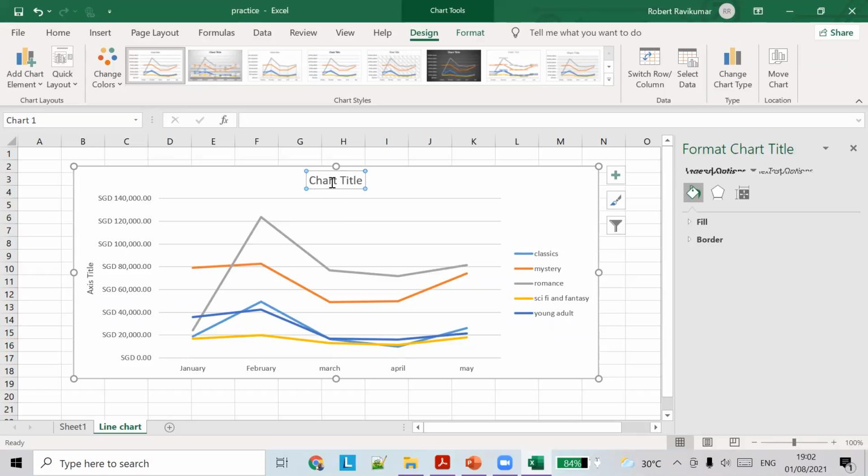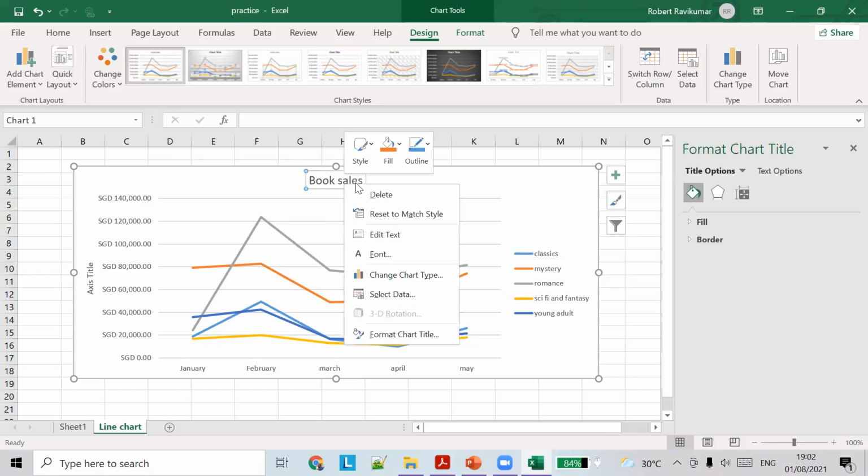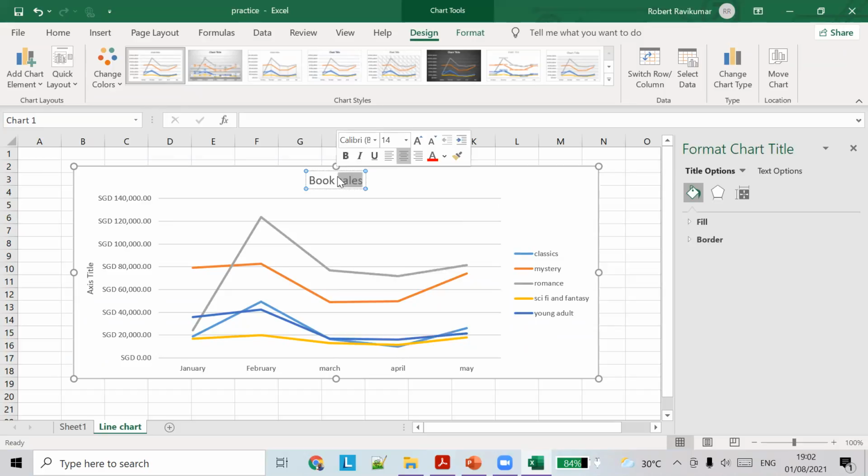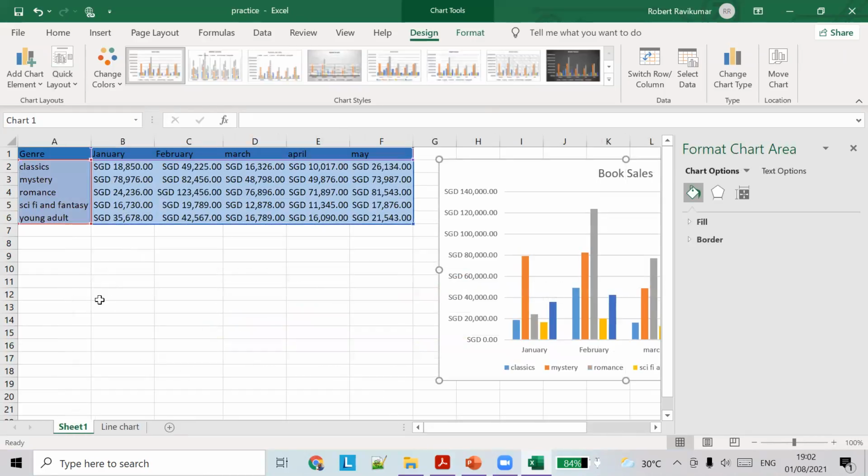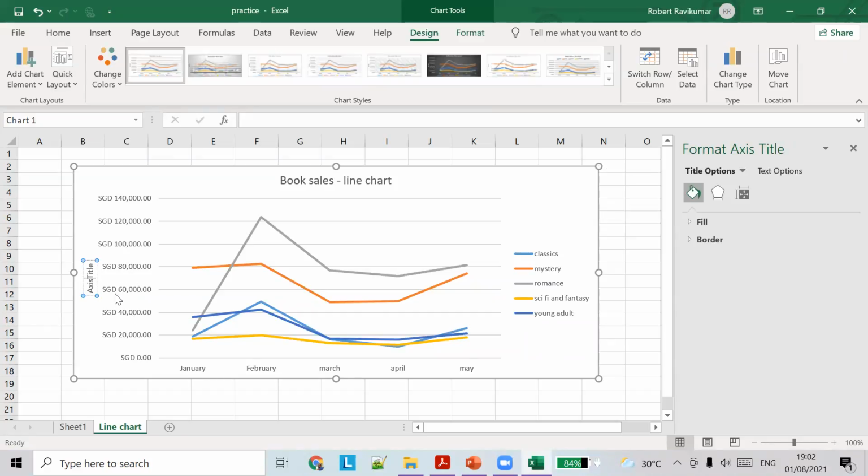Even if you want to change the title, you can change it again. You can click on it and say book sales line chart, right? Line chart. For the x-axis you can say volume of sales or something like that. And for the y-axis you can say volume of sales by SGD, something like that.